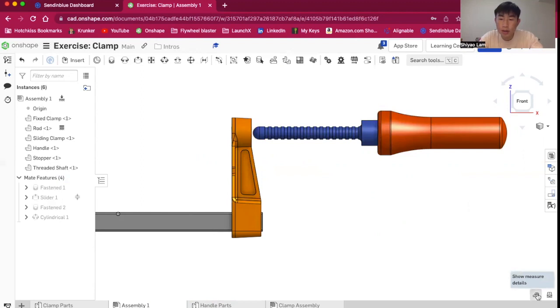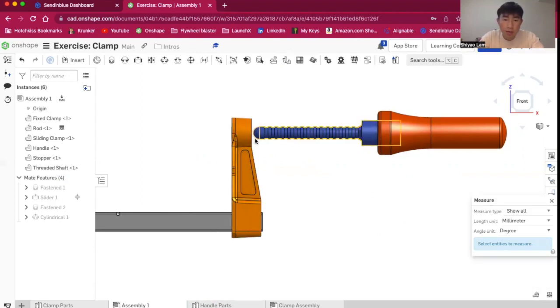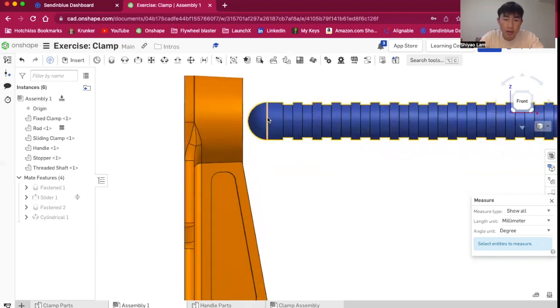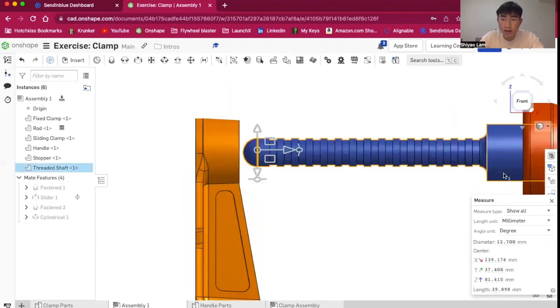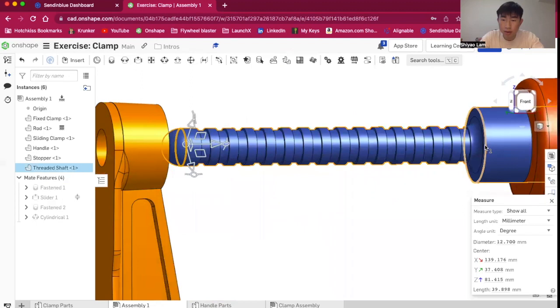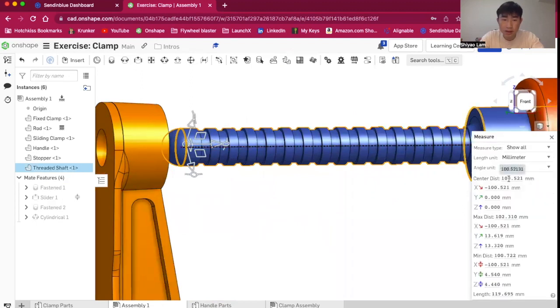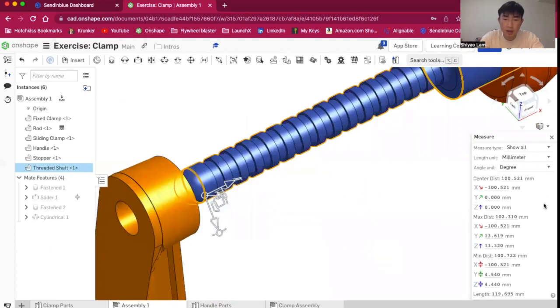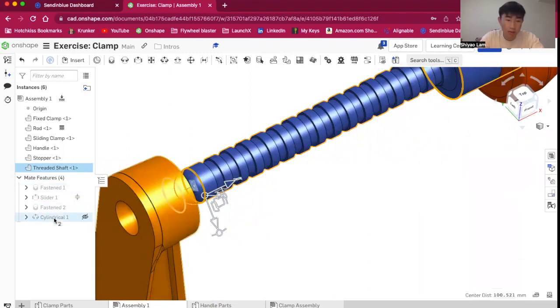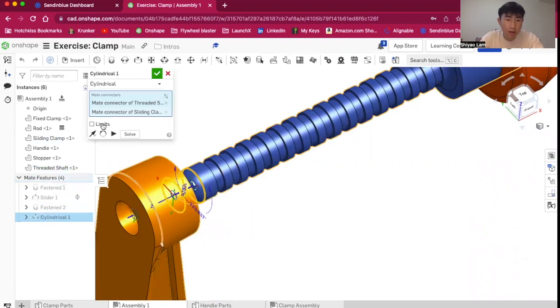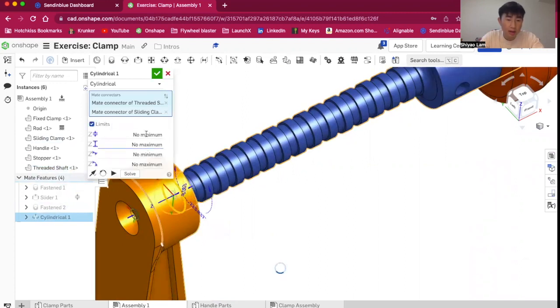It's really useful. If you press the dimension tool, it'll show the pop-up. And here we're going to select this line right over here and this edge right over here. And so we want to look at the center distance right here. If we hover over it, it's 100.521 millimeters long. And so by adding this as our maximum constraint, and you see why it might be a little confusing right now, but if we add our limits in our Z, this is up and down, we're going to add this maximum,